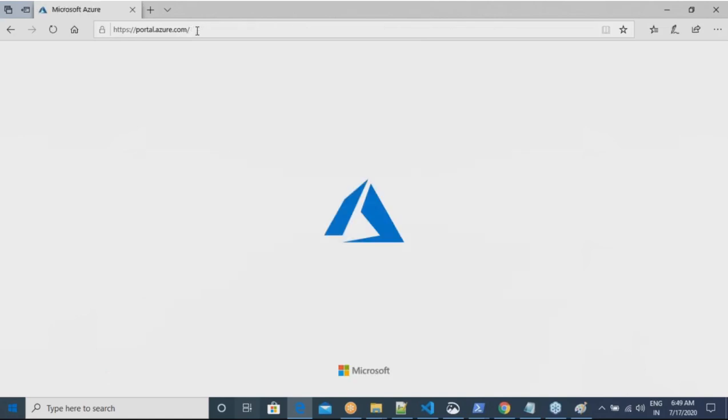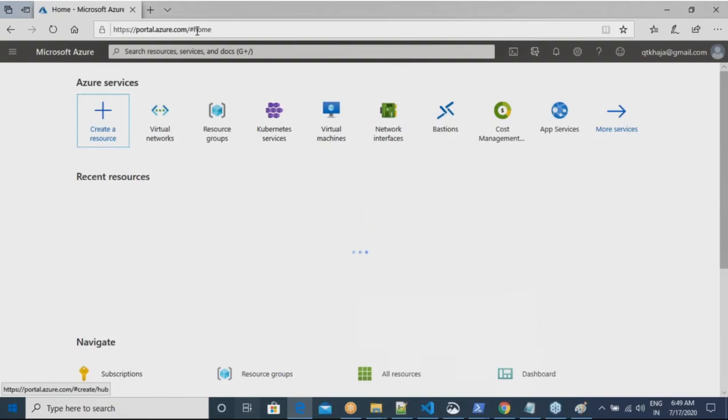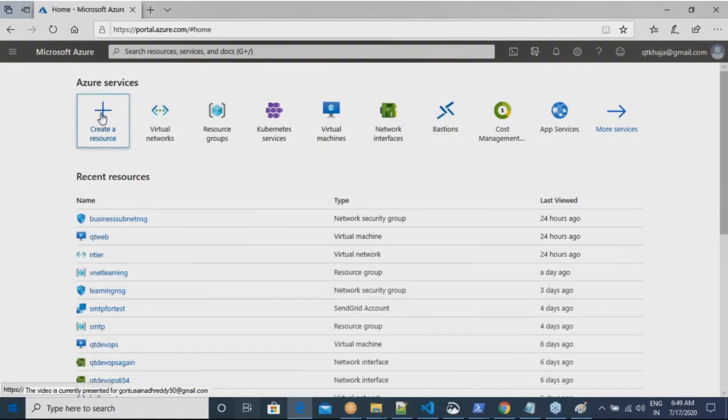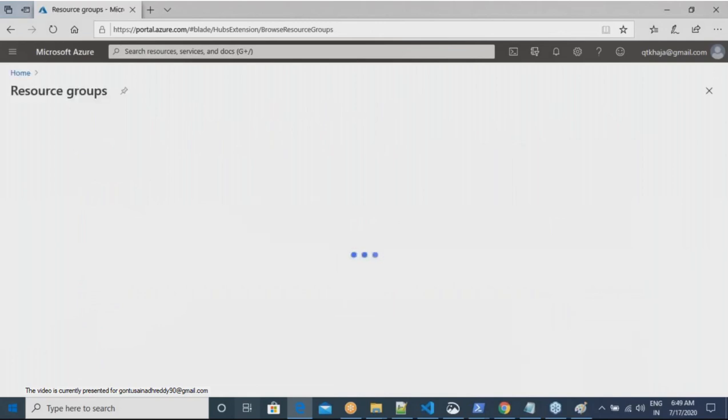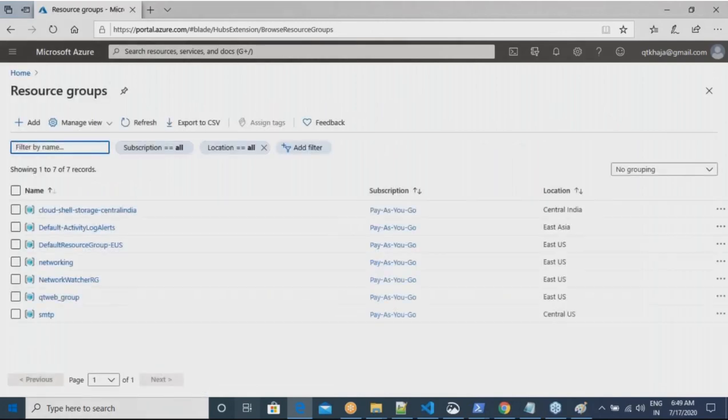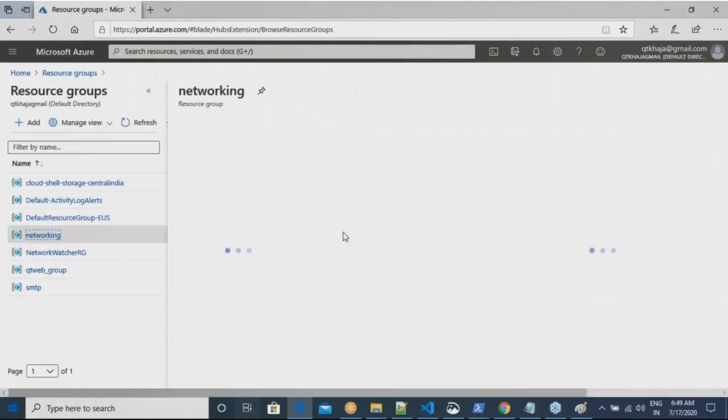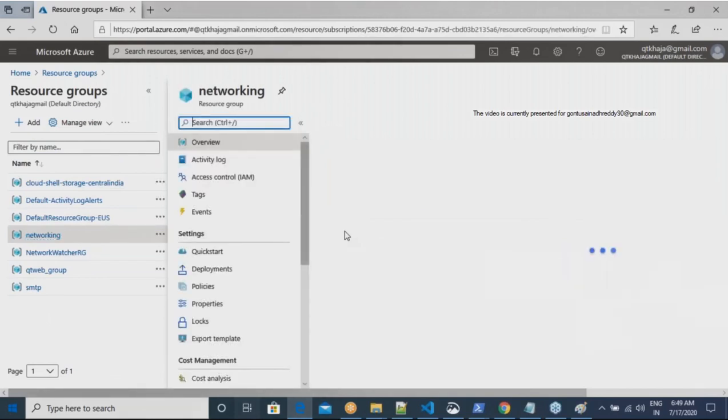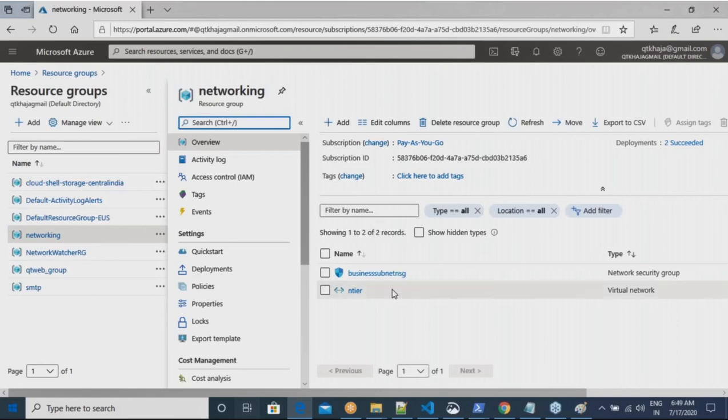So what I would quickly do is log in to Azure. Let me see, I think I should have some resource groups. I have this resource group called networking. In this networking I have one NSG.